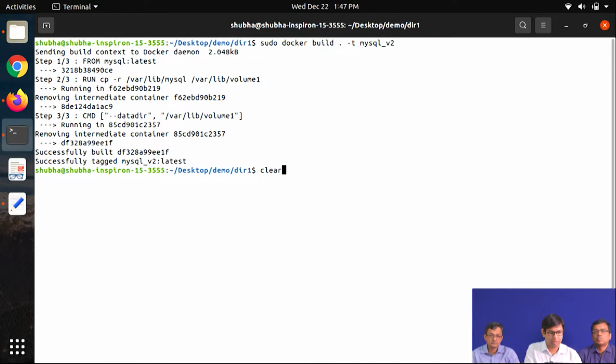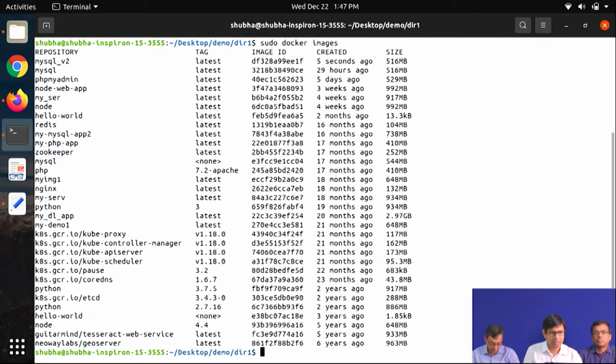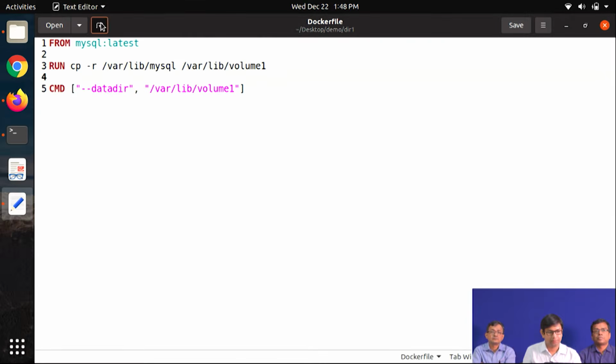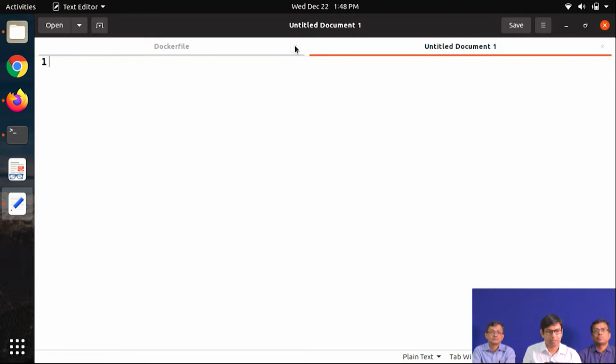Now if we see docker images, this new MySQL image is created. Now we will use this image and run it as a container, and phpMyAdmin will also run. Let me first run the MySQL image.